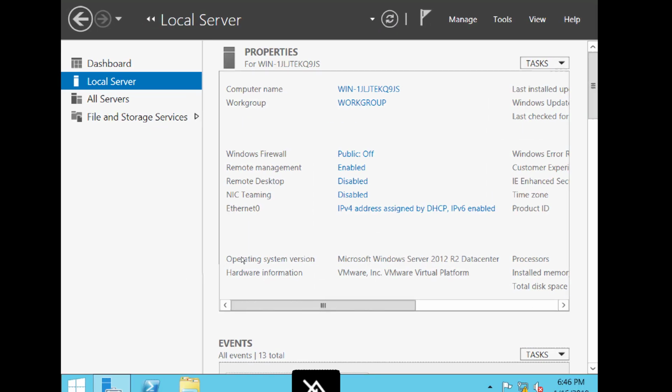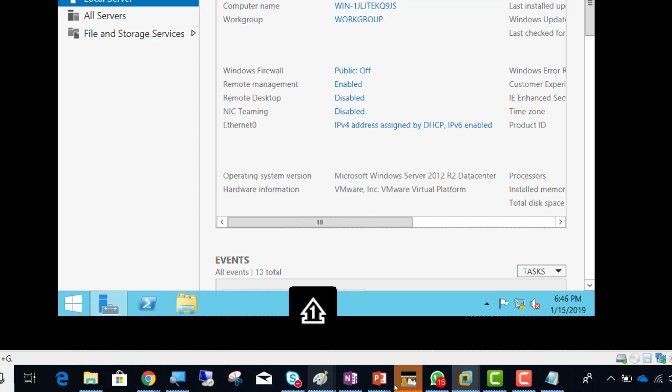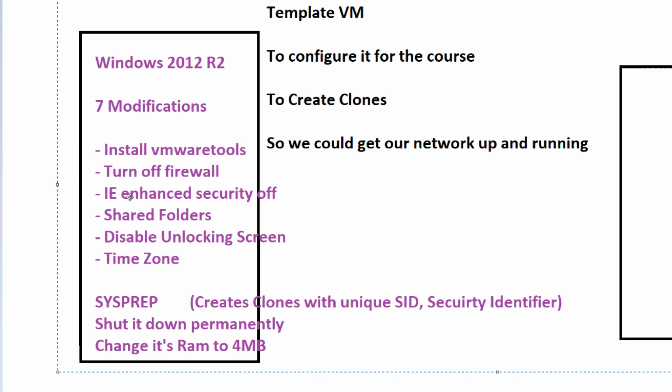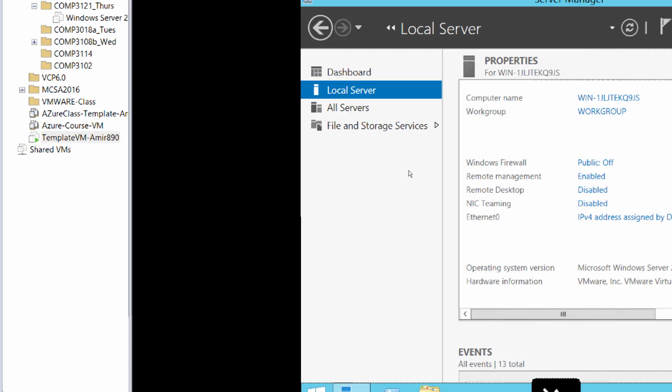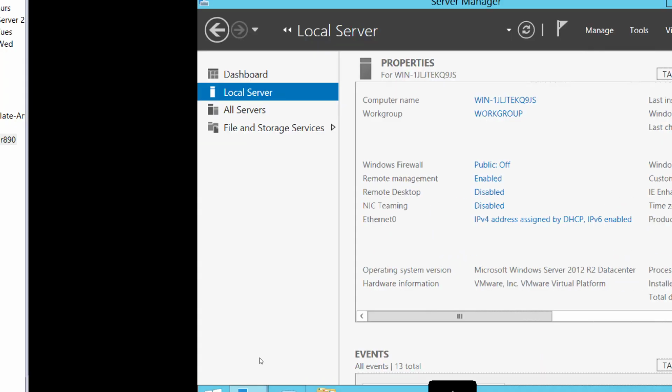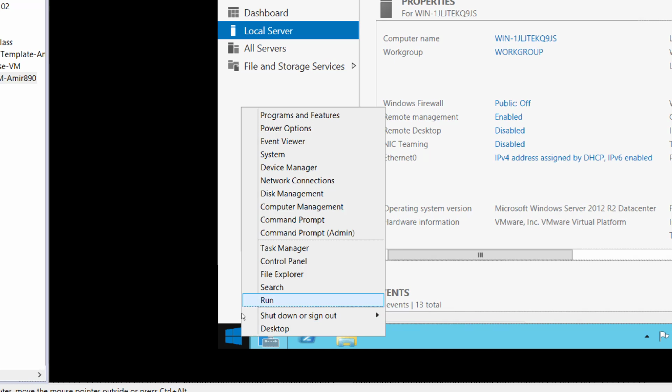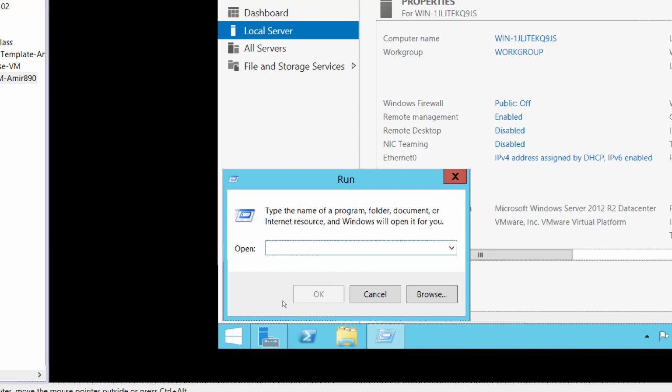So now we have pretty much done everything from the list here. If you go there, install VMware tools done, firewall done, IE enhanced security, shared folders, disable unlocking, time zone, yeah, all done. Let's go for Sysprep. So be careful here, and let's go down to Sysprep, right click here and go to run, and then type